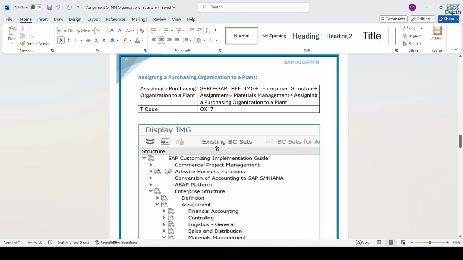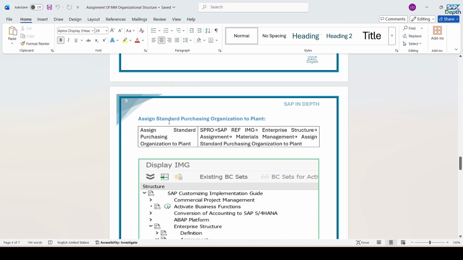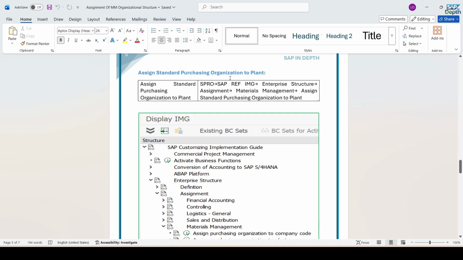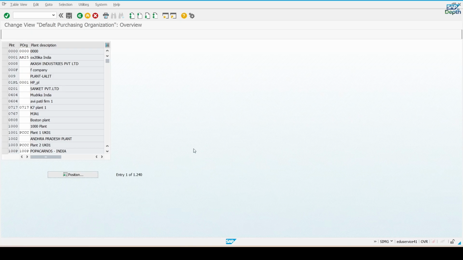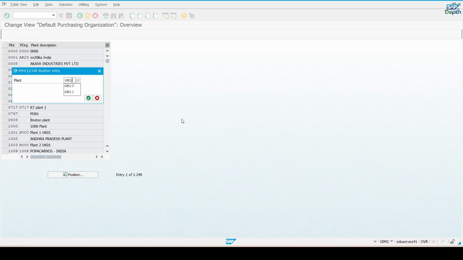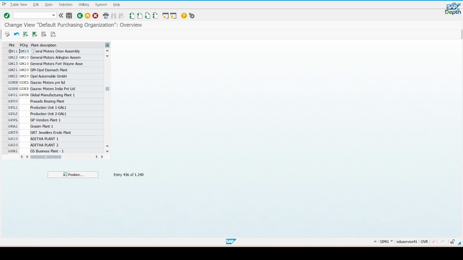Now we have one more, and that is assigning standard purchasing organization to plant. This node is over here only, assign standard purchase organization to plant. So just execute, go to the position and check GM11. Okay, see, now for plant GM11, the standard purchase organization is GM10. For plant 12, it is again GM12, likewise. Okay,